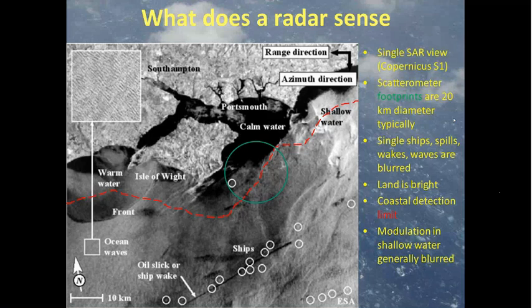You also see that, in fact, land is bright. So we cannot move our footprints over land, because then we would get a lot of contamination of the wind by the land signal. And of course we do not want this. So that means that we have to make sure that all the footprints that we use for wind processing are over water. And this is in fact what we do in the coastal products. You see modulation in shallow water, certainly at low winds, but this will generally be blurred in the spectrometer data. You still get a reliable low wind from the spectrometer.